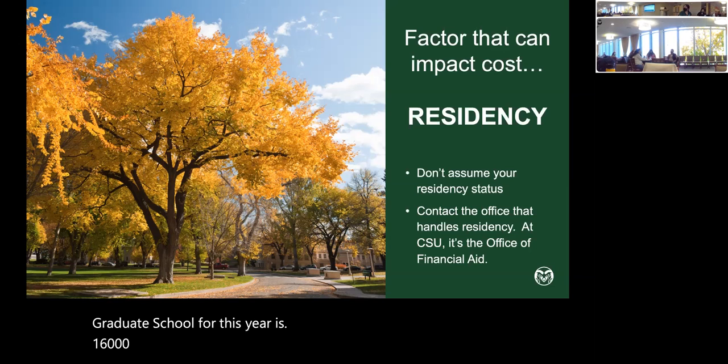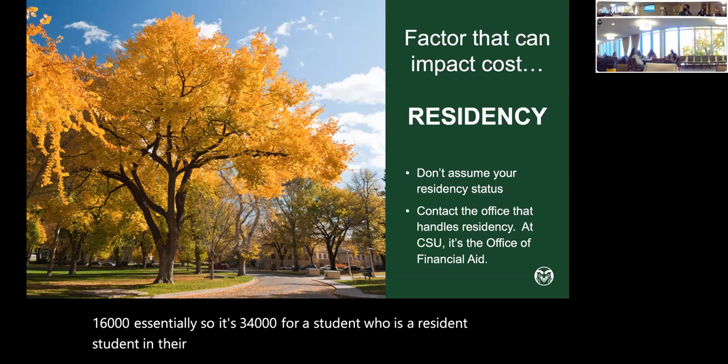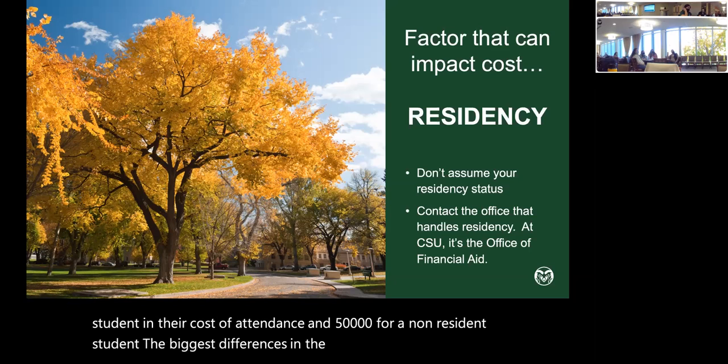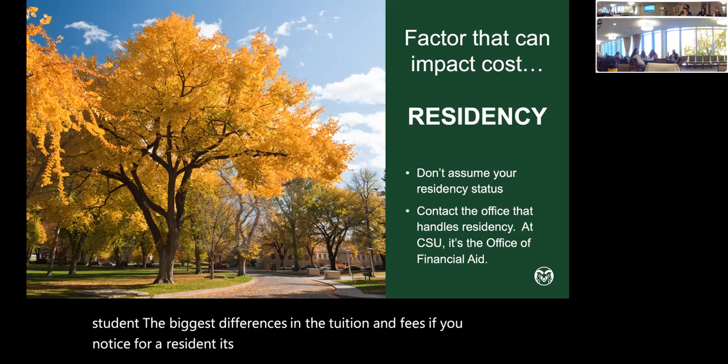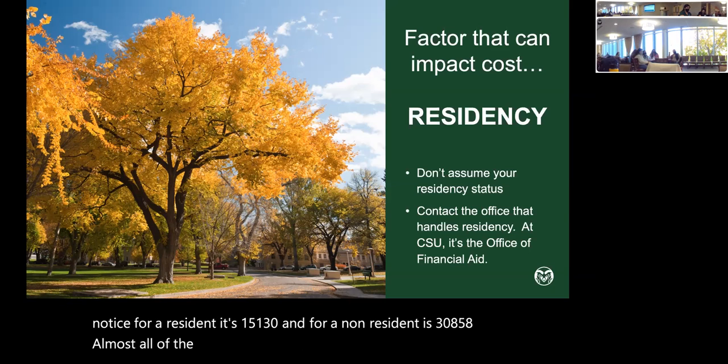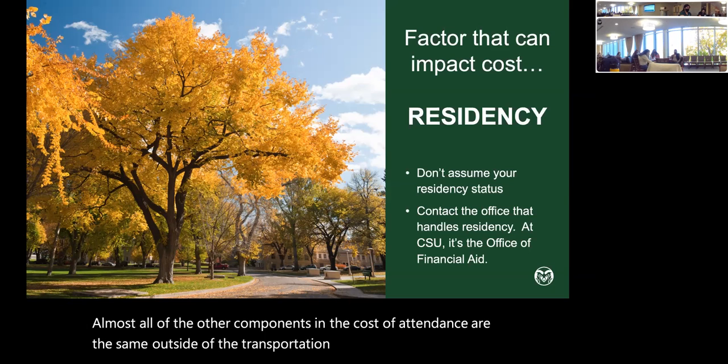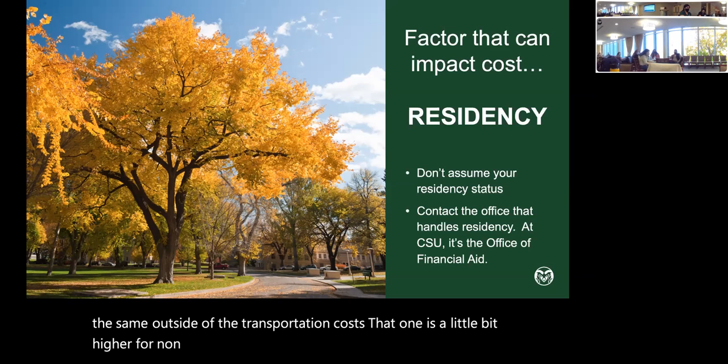So it's $34,000 for a student who's a resident student in their cost of attendance and $50,000 for a non-resident student. The biggest difference is in the tuition and fees. If you notice, for a resident, it's $15,130, and for a non-resident, it's $30,858. Almost all of the other components in the cost of attendance are the same outside of the transportation costs. That one is a little bit higher for non-resident students with the assumption that they might have to fly home